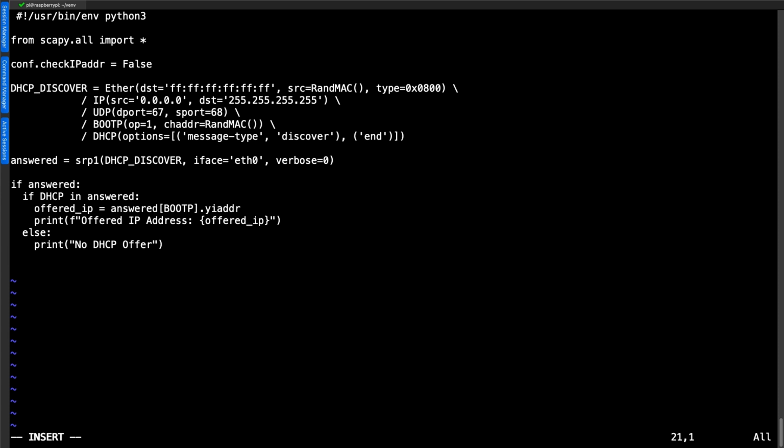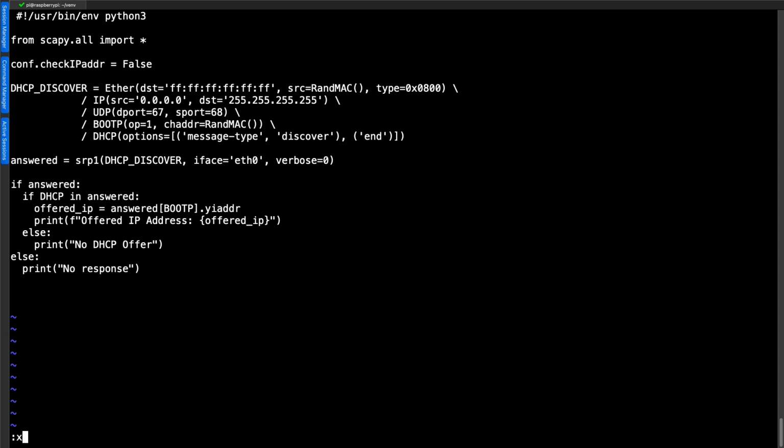So if we don't have answered, well, we didn't get a response from a DHCP server. The DHCP server was down, or it certainly wasn't responding. So different to not getting an IP address, it's just not getting a response from the server. Either there is no DHCP server, the DHCP server is down, or it's filtering, it's not picking up packets from us. And that's it. That is our code.